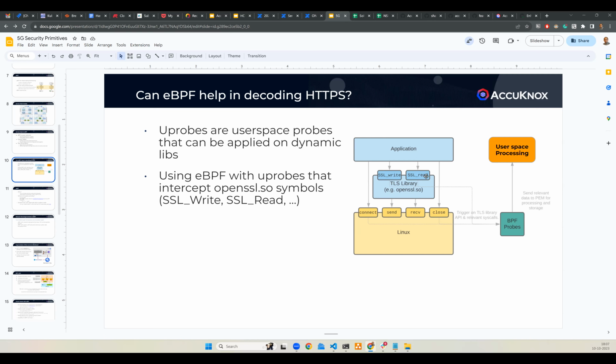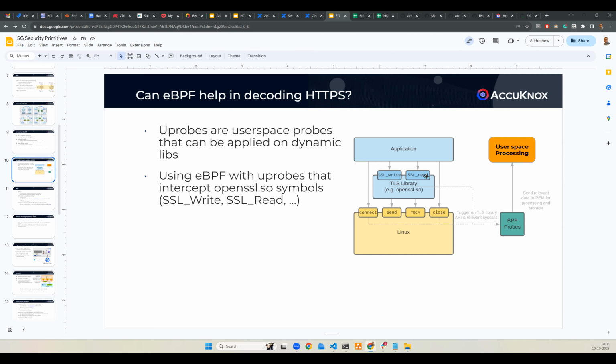As a security vendor, we have tried to keep away from this as of now, but I know that this is a tech that is being used today for decrypting HTTPS traffic transparently, to get visibility into what API calls have been made between the two microservices.